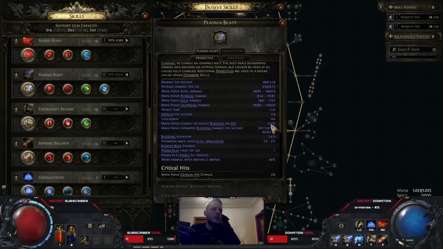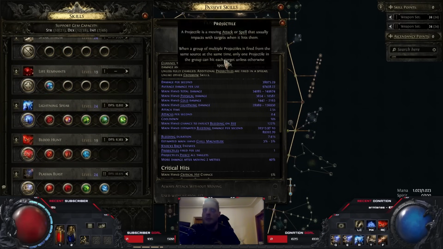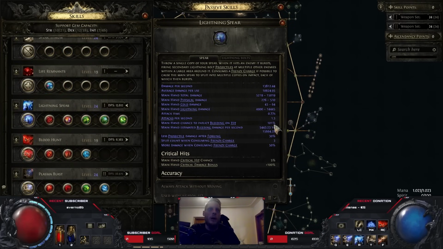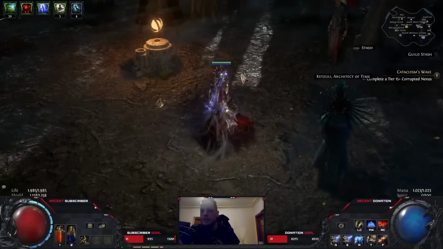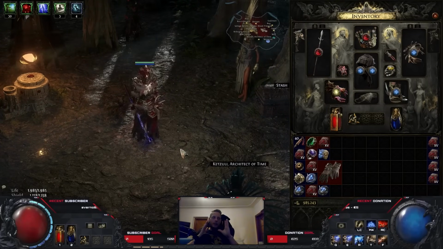Now we have 122%. Why is that? Didn't I just have 102% before? Where's the extra bleeding? Oh, it is Plasma Blast. This is probably some support gems I actually wanted to check over here. So 101%. But yeah, this is the current state, and I'm wondering if I should just sell